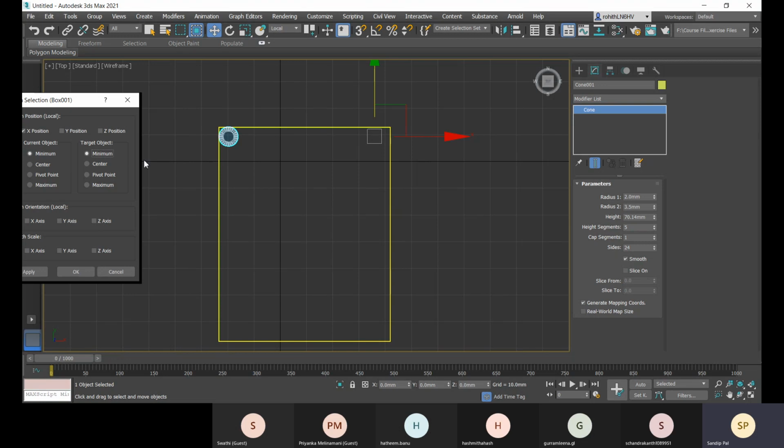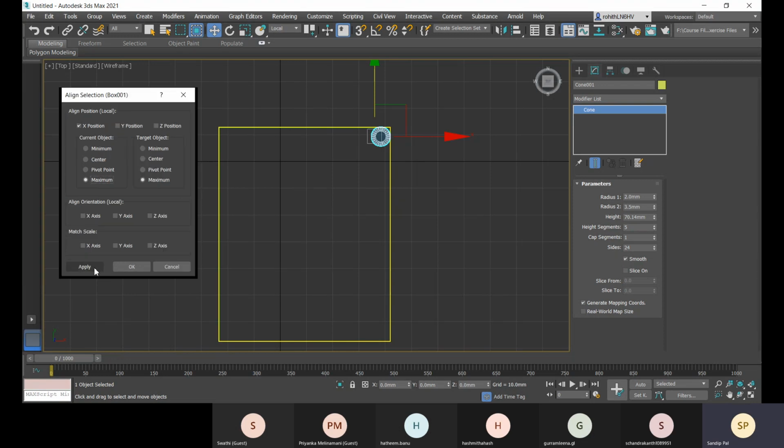So either it is minimum to minimum, or you can check maximum to maximum. In the X direction, it will be changed only. You can click on apply. And if you apply in this Y direction, that you can change also. So that is fine. I am satisfied with this.